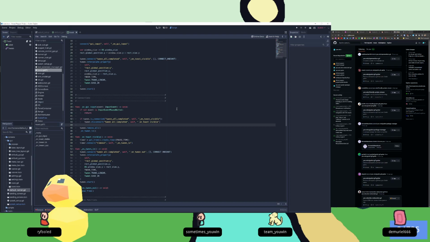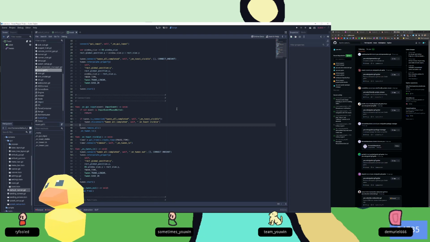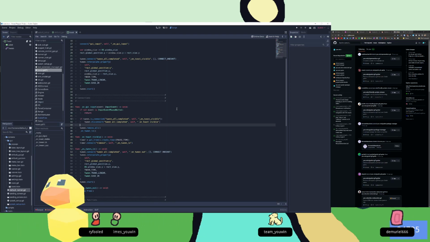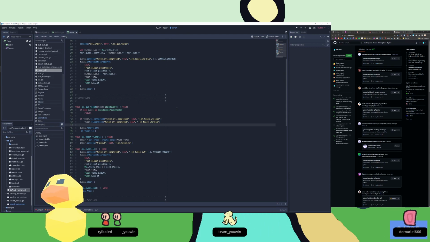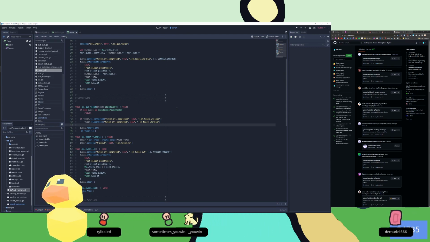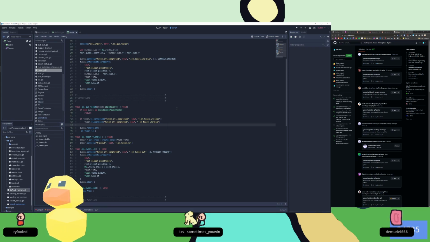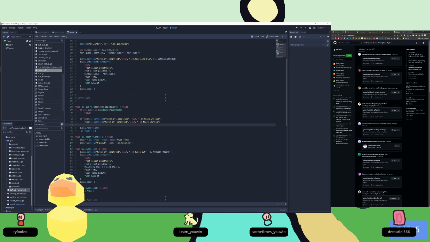Good way to do occlusion is to take an occlude node and put it behind the camera and have it follow the player, so everything behind the camera is unloaded. Ingenious, so that's something that will make it work. What are your thoughts? Good way to do occlusion is take an occlusion node, put it behind the camera and have it follow the